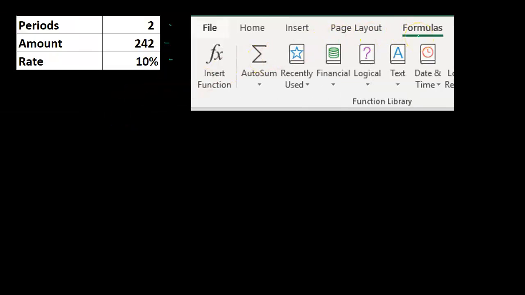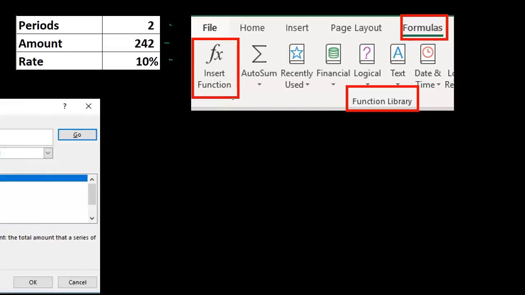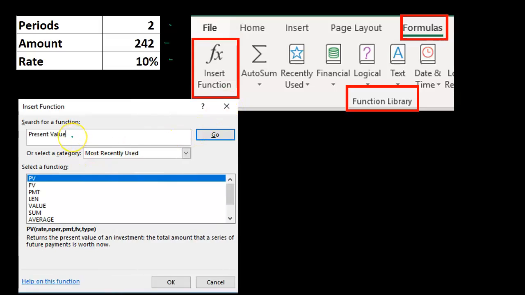Given that data, we could go into Excel, go into the Formulas tab, into the Function Library group, and then we can insert function. Insert function is where we can search for different functions. So if we type into this field, we want present value, we're looking for the PV. After a while, you should get used to just present value PV. That's what we're going to use. You're going to see it in references all the time because that's often the shorthand, present value PV. So that's the formula we want.